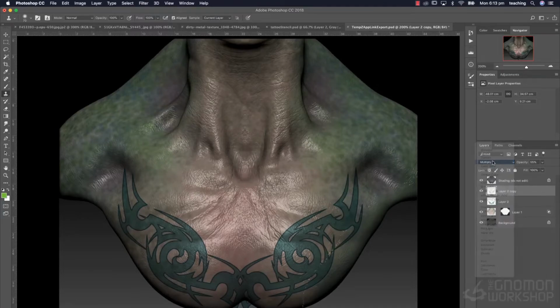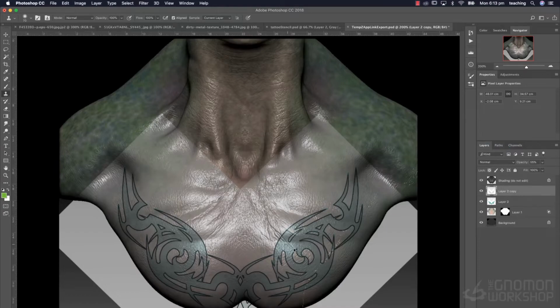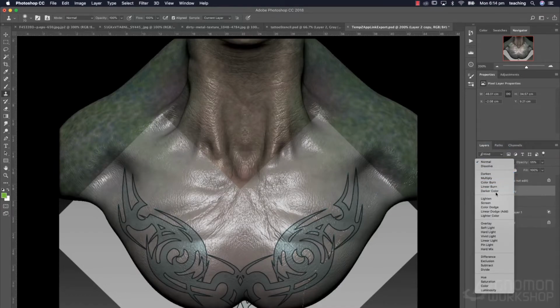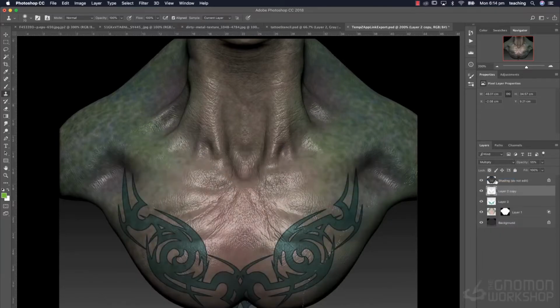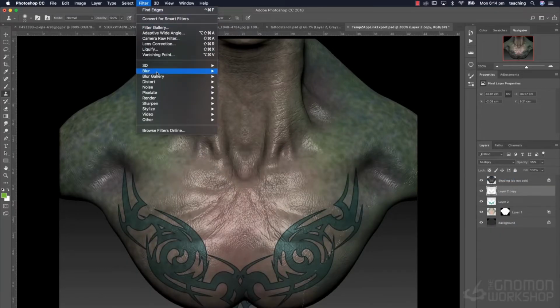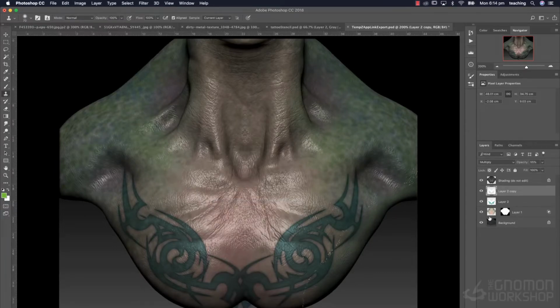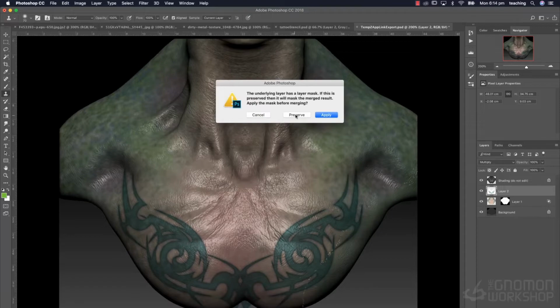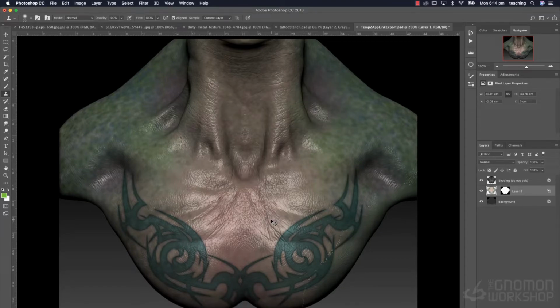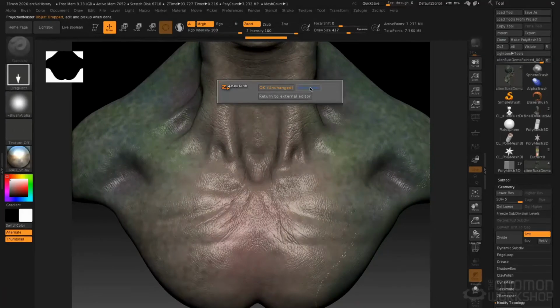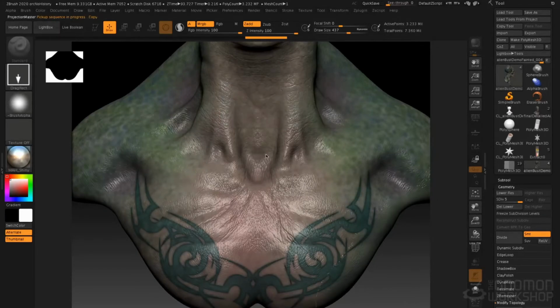And that darkens the edges there. I can set that to, well, that's already set to multiply. If I set this to normal, you'll see what that actually is. It's just a dark outline of the edges. So set that to multiply. And then maybe do just a tiny blur to it. Go to Blur, Gaussian Blur. And you see we can sort of give it a nice little darker edge along the edge of the tattoo there. Merge that down, merge again, and then preserve, save, come back to ZBrush, recheck, re-enter ZBrush, pick up now,